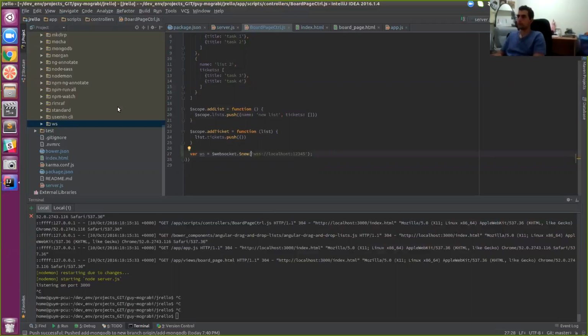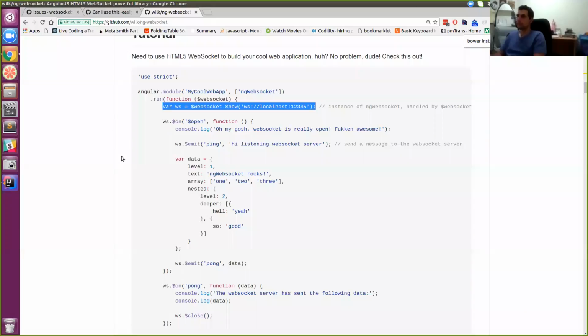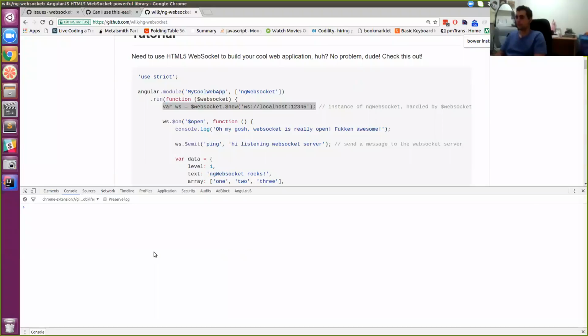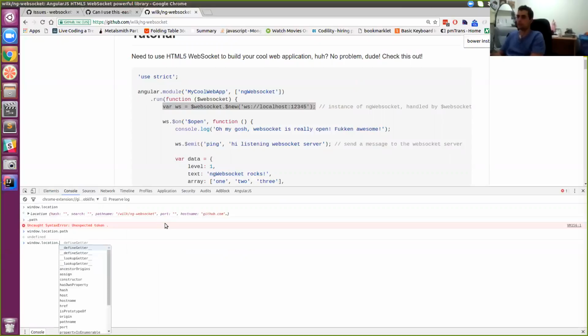Let's try to construct it right now. We have window location. I think it's path. Nope. Wait. Path. Host maybe. Origin. OK, great. So we have the origin. And I think that if there's a port,